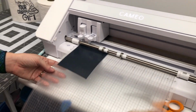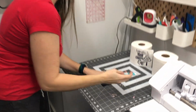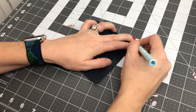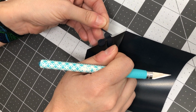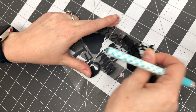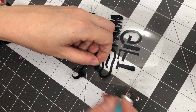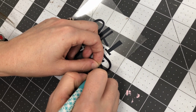All right, so that's done. We're going to take that off. When you're working with heat transfer vinyl, you're going to weed away the parts that you're not going to use. So sometimes you do have a little spot like this that might get stuck because of something either on your mat or